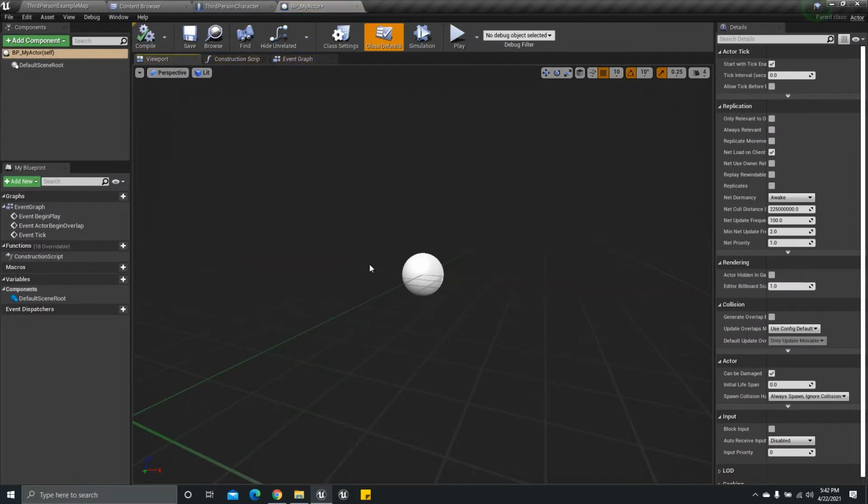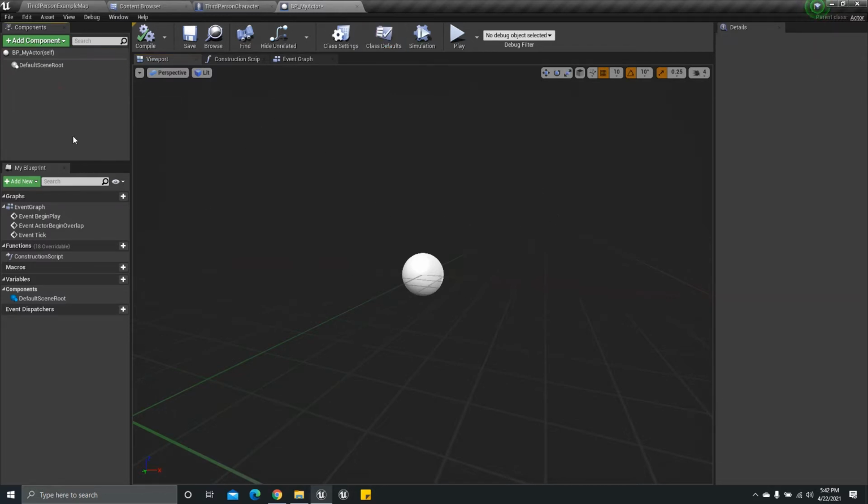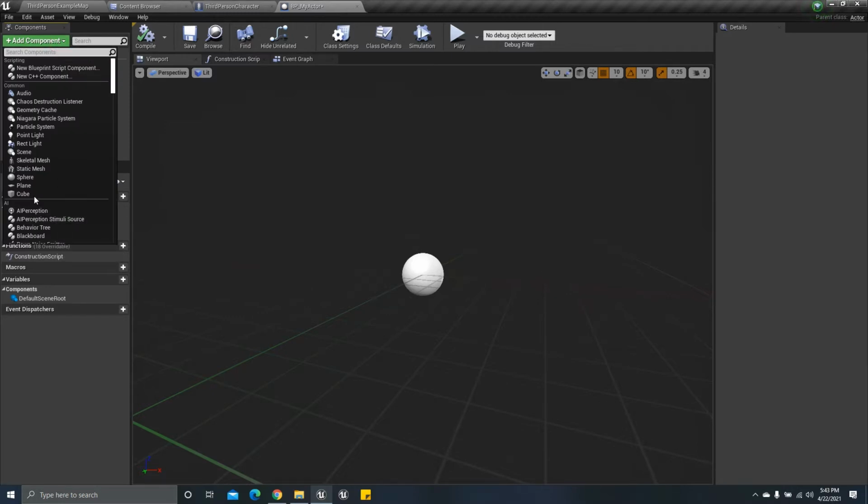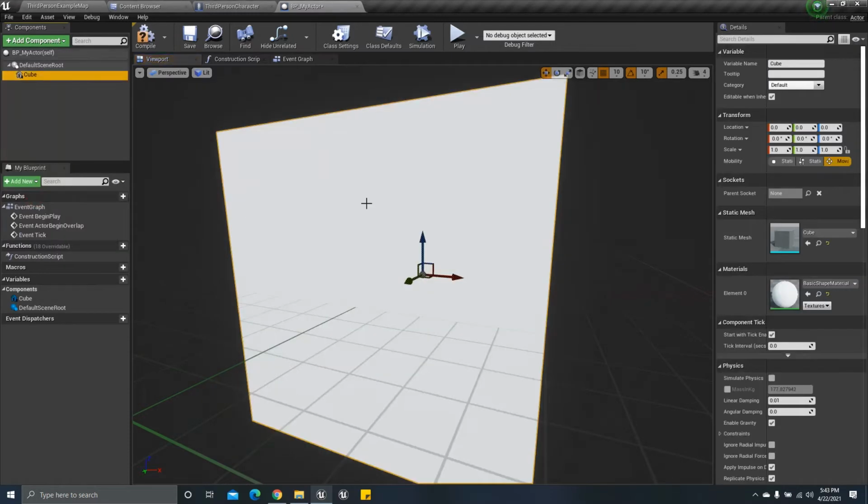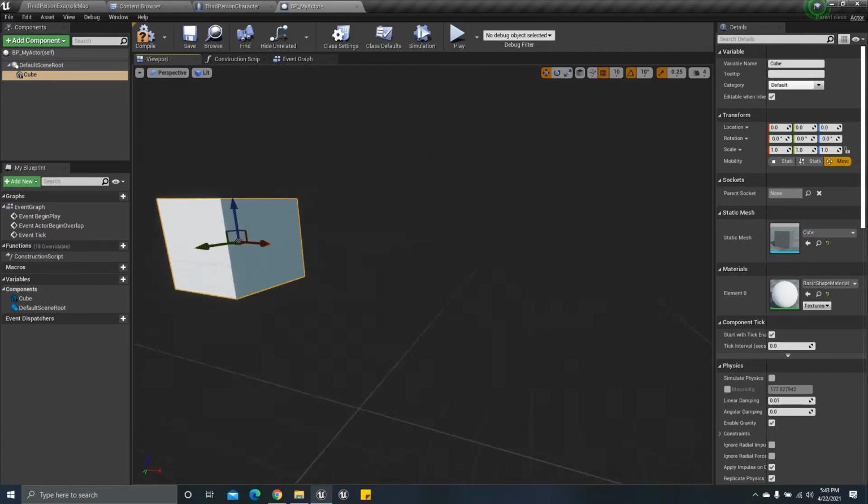You are already familiar with this interface from the previous video, so I'm not going to explain it again in today's video. Quick thing first, we are going to add a component, a normal cube. It's visible here.